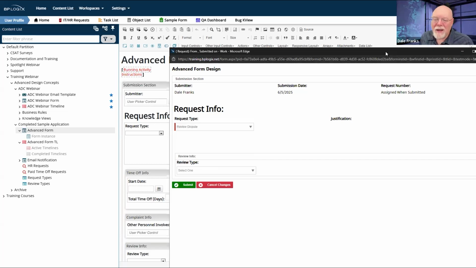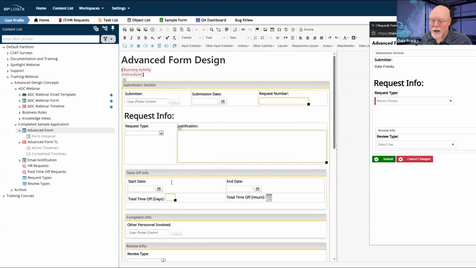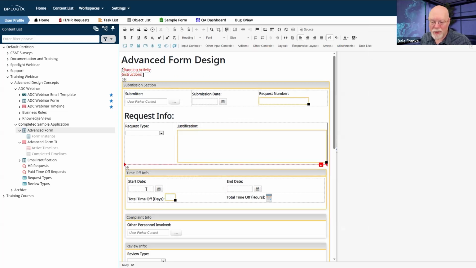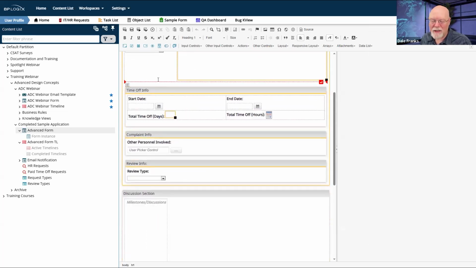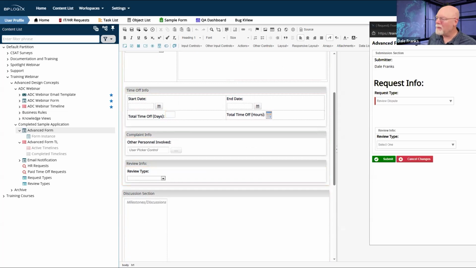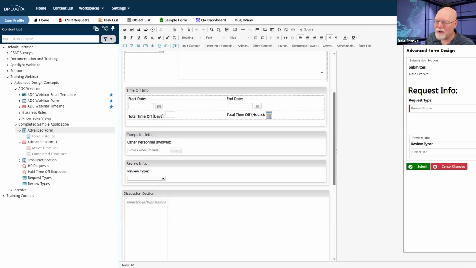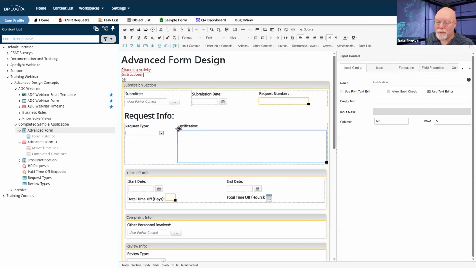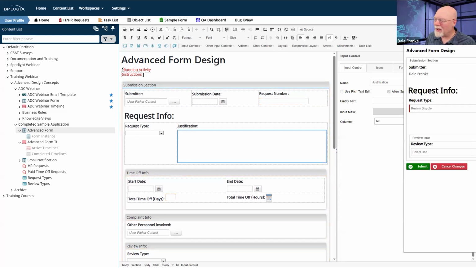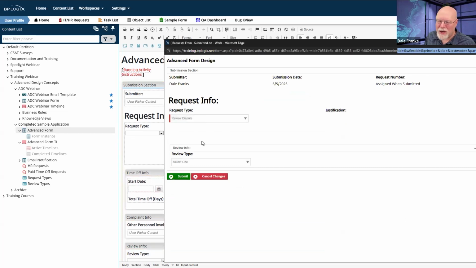Well, this is an artifact of using regular section controls because I've still got this spacing. Now, the fact that I'm hiding these controls is not really changing my spacing here. Also, notice that I've got my justification field here, and technically my justification field is actually quite large. So I've got it set to show up as 5 lines. And so I've got this weird space here that is kind of unavoidable.